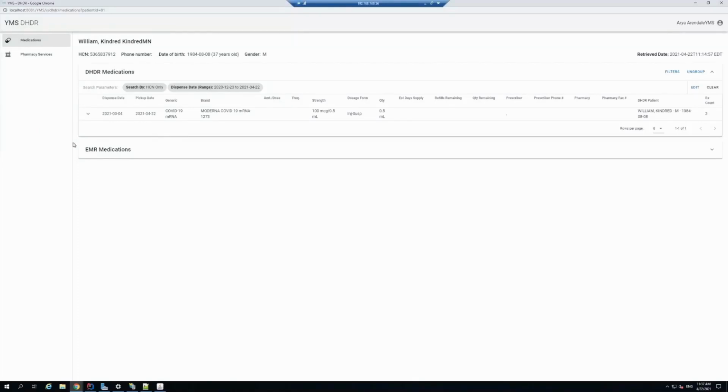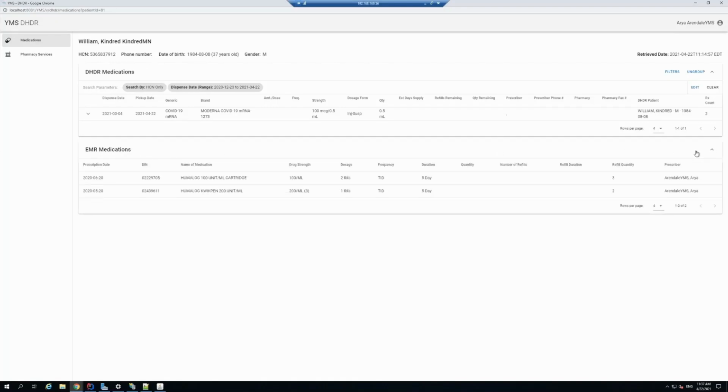Within the medications view, there are two main tables. The first table is the DHDR medications table, and as the name suggests, this is a list of all of the patient's medications returned from the DHDR service. The second table is the EMR medications table. This table by default is collapsed. However, clicking to expand this table allows the user the ability to compare both the DHDR medications and the EMR